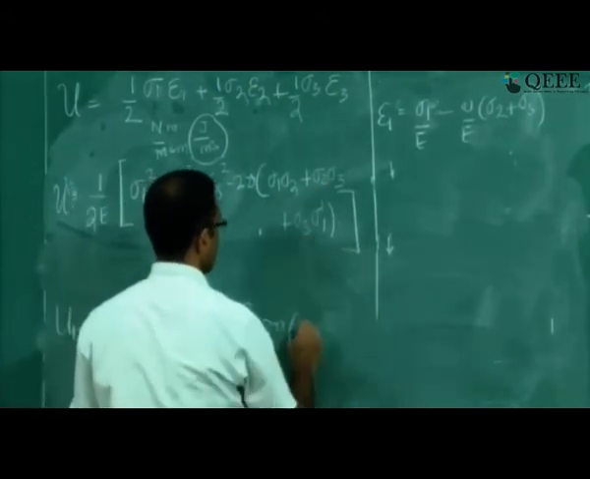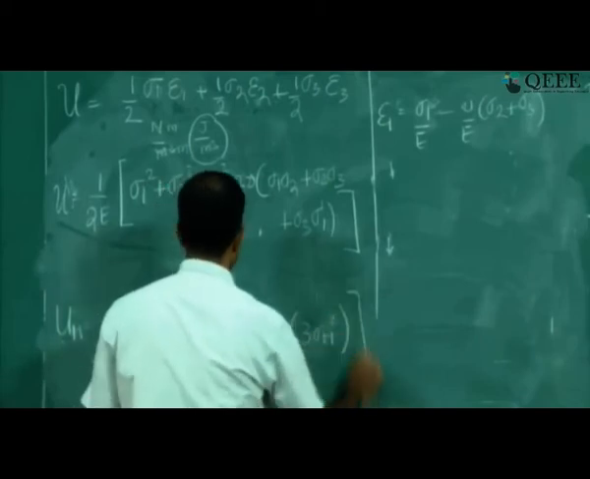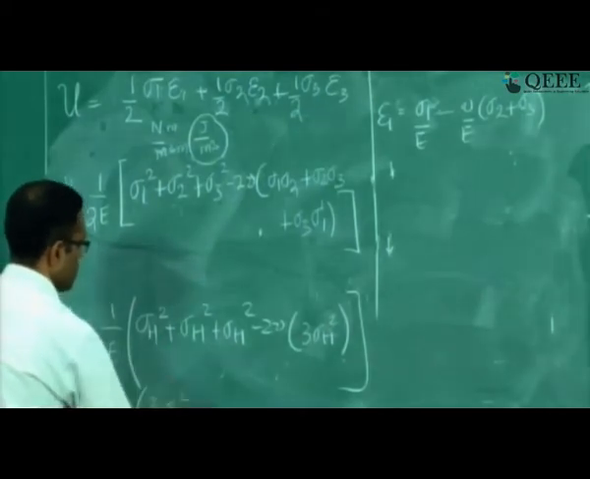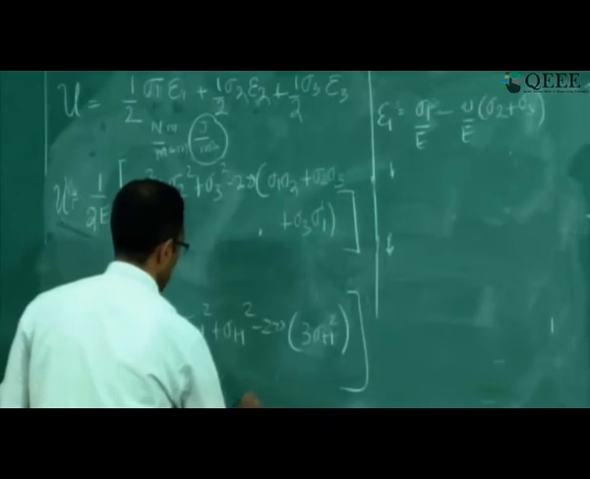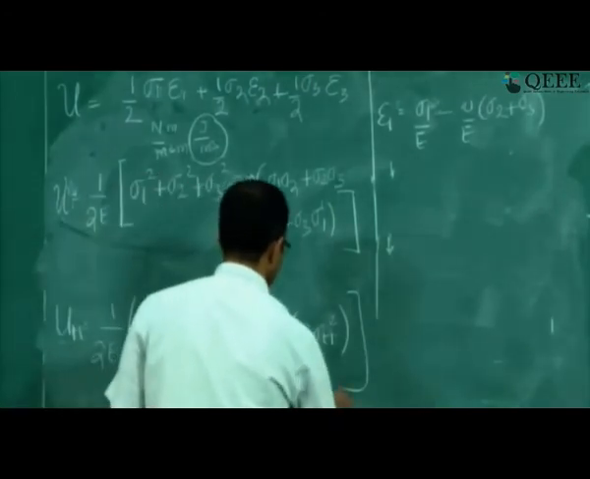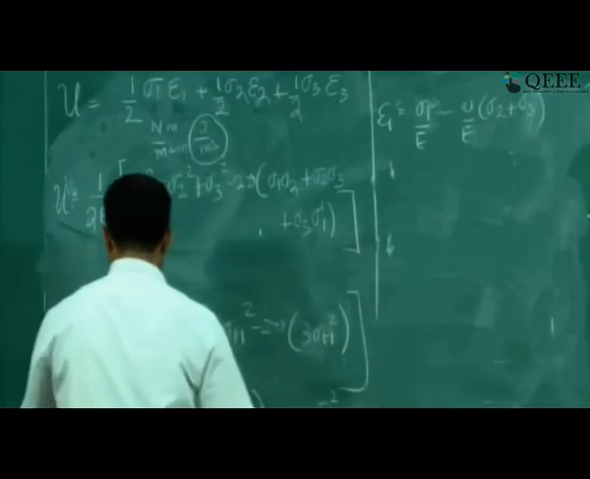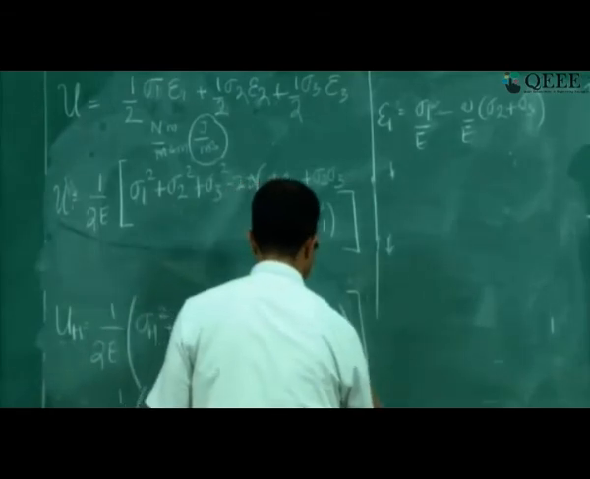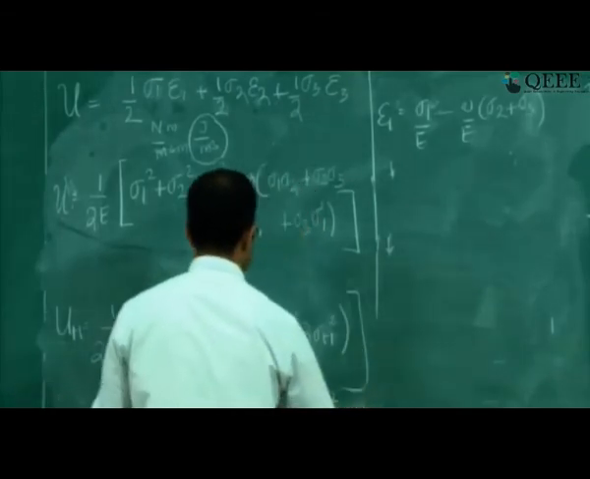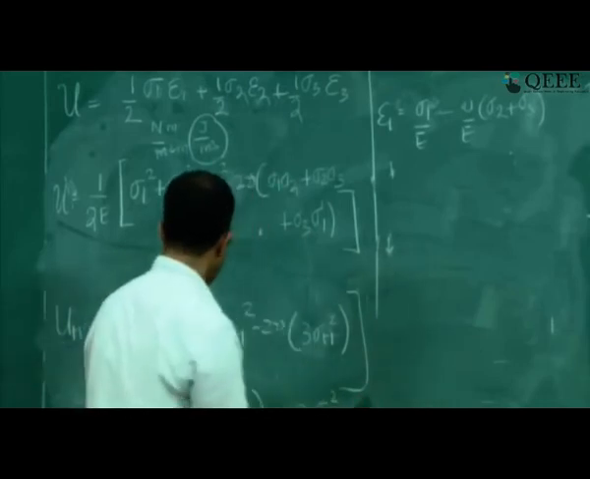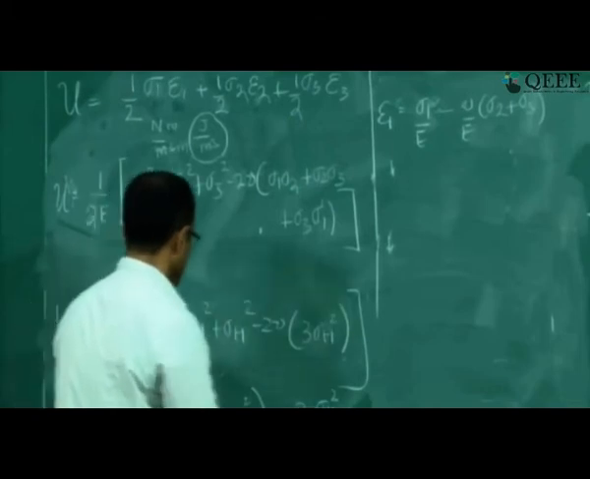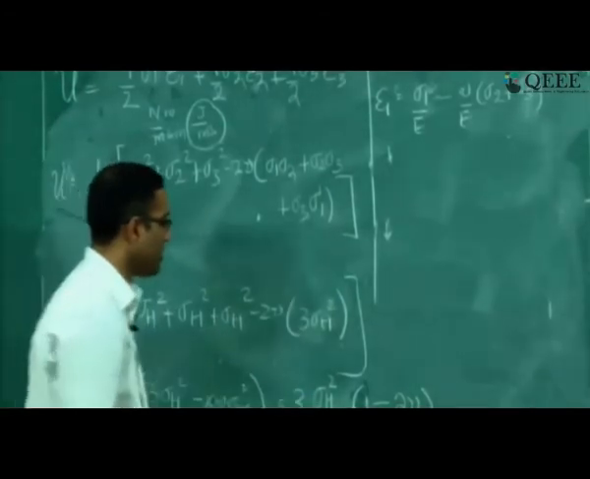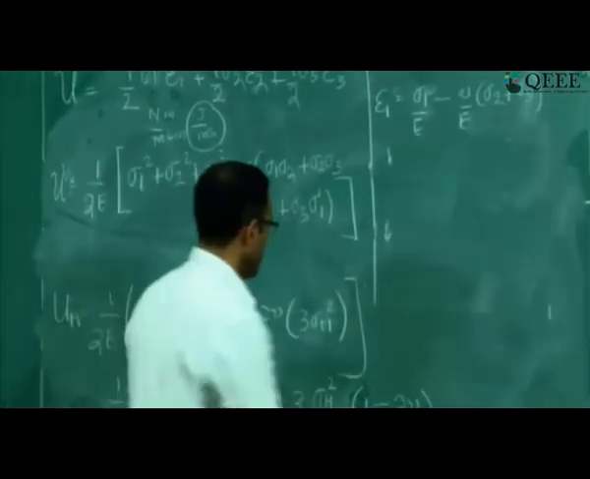So 3 sigma h square. So you will get 1 divided by 2E, 3 sigma h square minus 2 nu into sigma h square. So you will get sigma h square divided by 2E into 3, so this will be a 3 here and this is going to be 6. So 1 minus 2 nu. So what is sigma h? Sigma h is sigma 1 plus sigma 2 plus sigma 3 by 3. So this will reduce to,